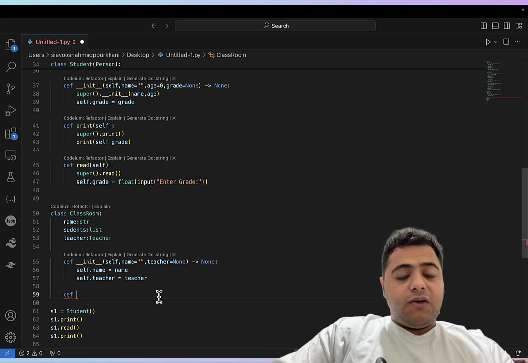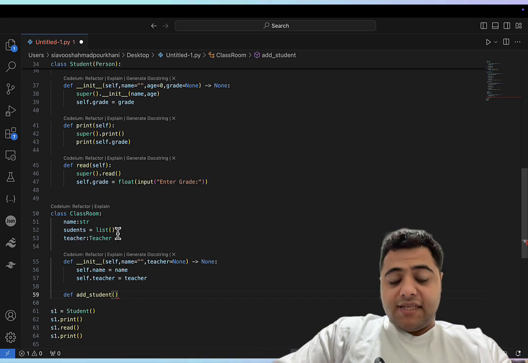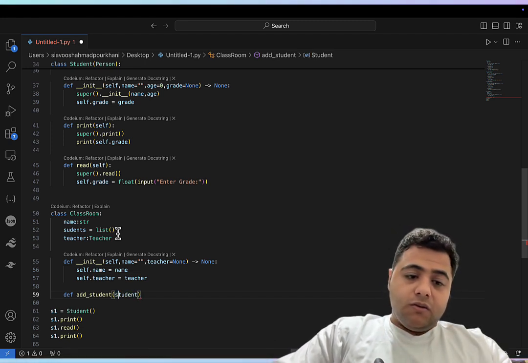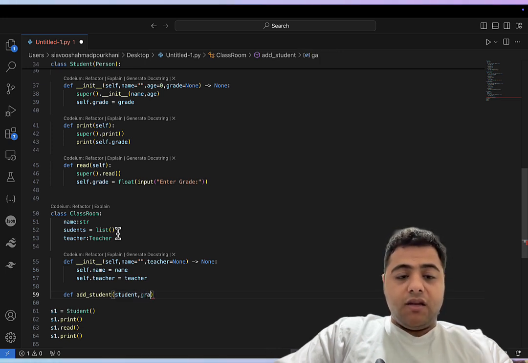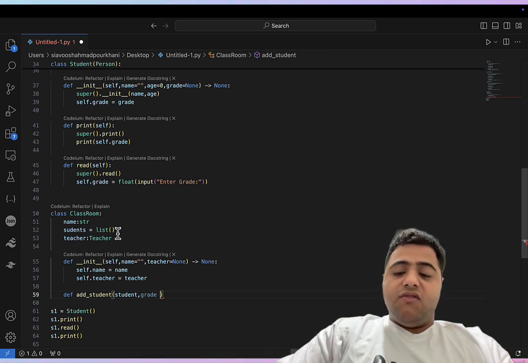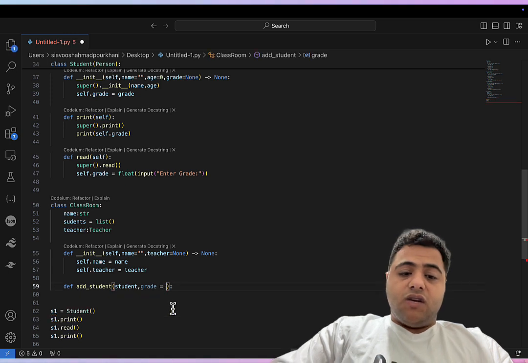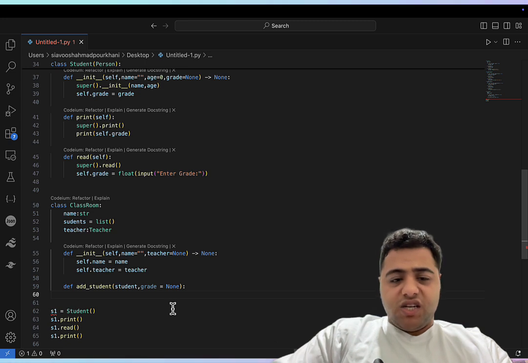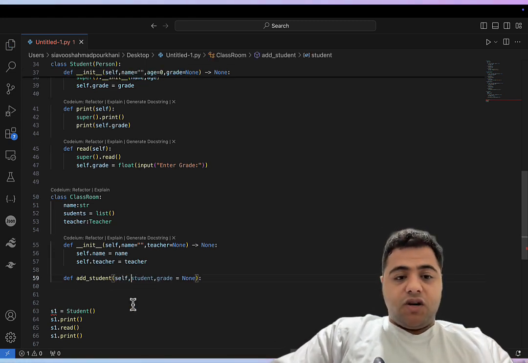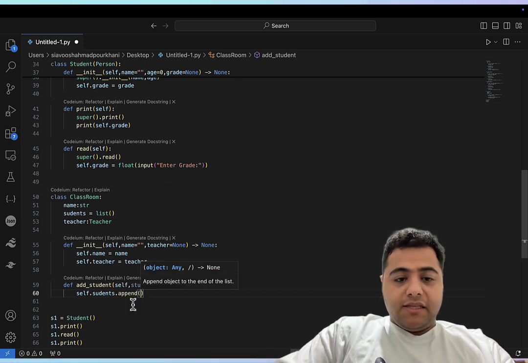What about the students? Let's start that with an empty list and just start appending to it. For add_student, I'm going to ask for a student, which cannot be empty, and the grade. But some of the students might not have any grade, so let's come up with a convention which says -1 means we don't have any grade yet, or we can just say None. That's a convention actually. So the self parameter, I just forgot about that, sorry. So self.students.append that student